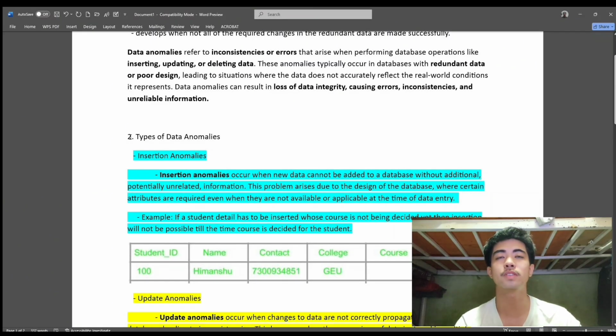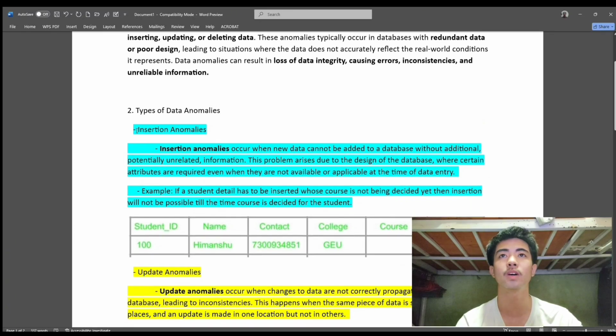So for the types of data anomalies, first we have insertion anomalies. When we say insertion anomalies, it occurs when new data cannot be added to a database without additional, potentially unrelated information. This problem arises due to the design of the database where certain attributes are required even when they are not available or applicable at the time of data entry. So, in insertion anomaly,